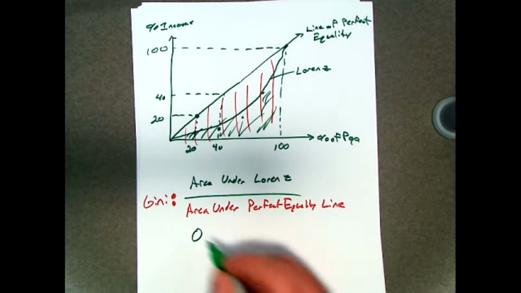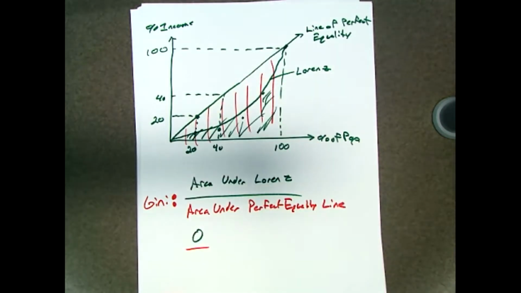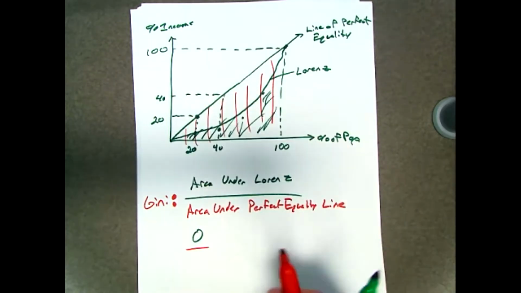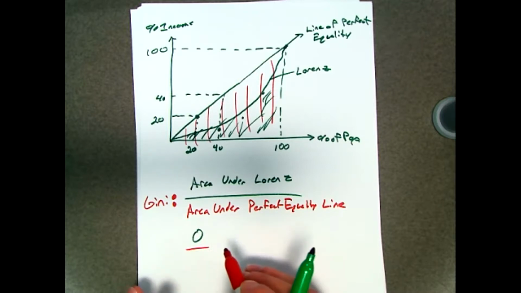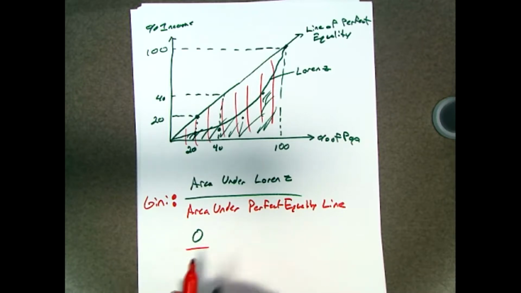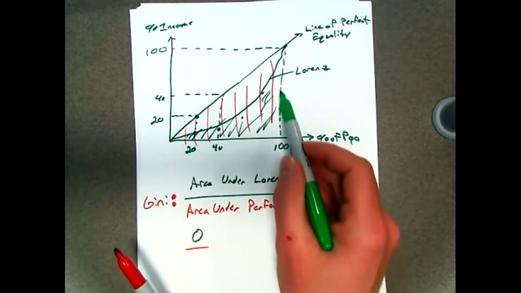So if I had 0 over whatever that area ends up being, which is 100 times 100 multiplied by 1/2, so an area of 5,000, but we don't have to know that. All we have to know is that if I had this 90-degree angle,